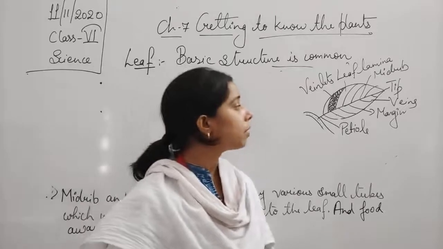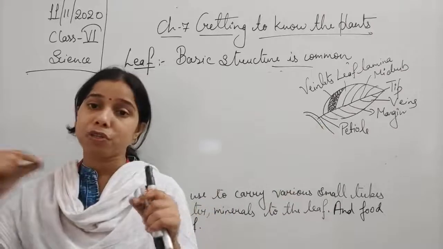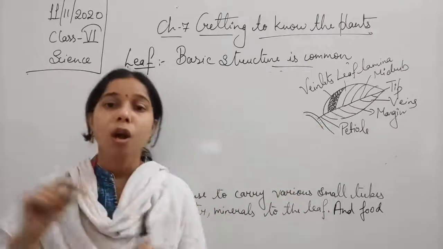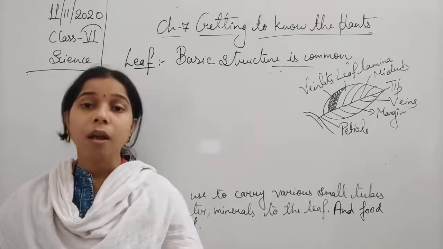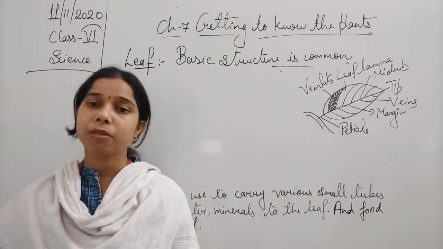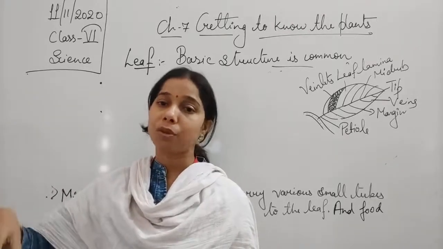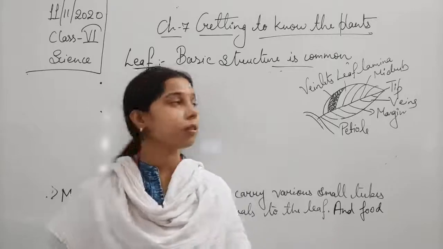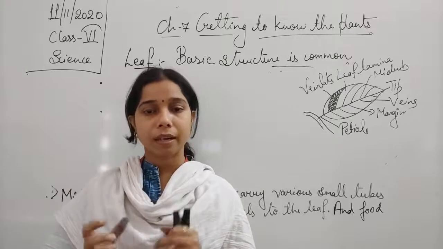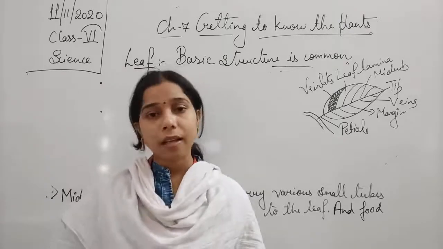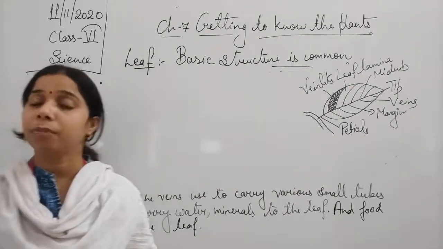Then, students, we will observe a thick main vein which extends from the petiole to the tip of the leaf. That is known as a main vein or midrib. From the midrib, smaller veins extend out and reach the different parts of the leaf lamina, and those are known as veins. In between the veins, the smaller veins are connected together with each other. That is known as veinlet. So these are the things you will observe when you pluck a leaf.